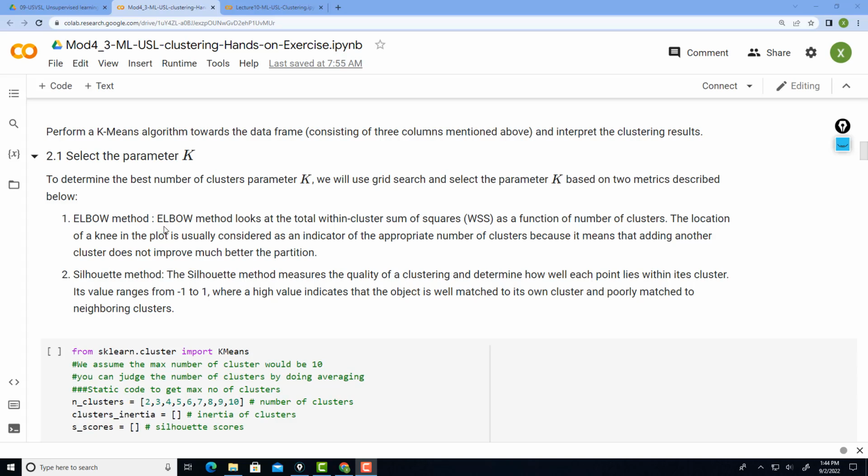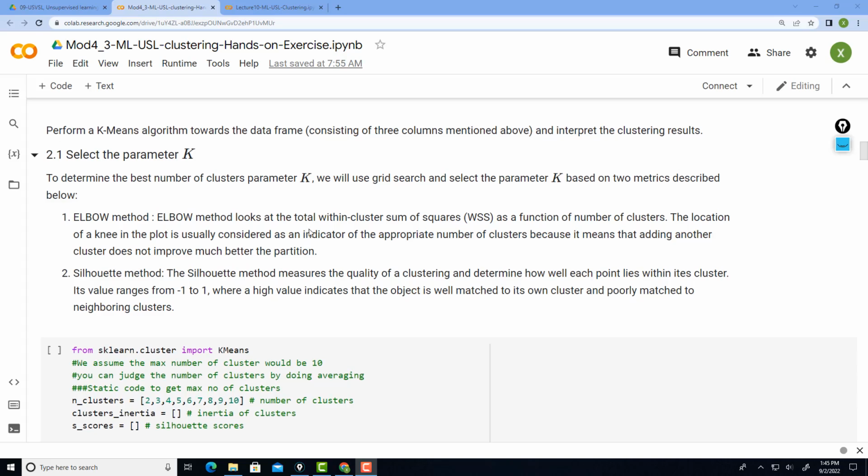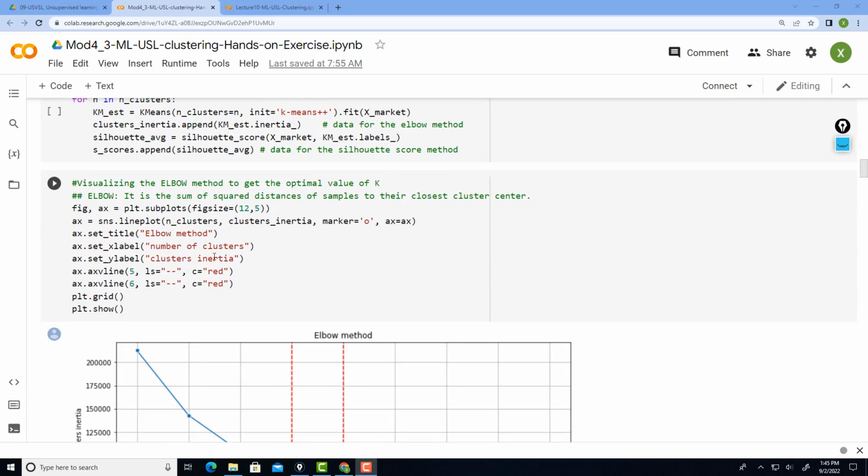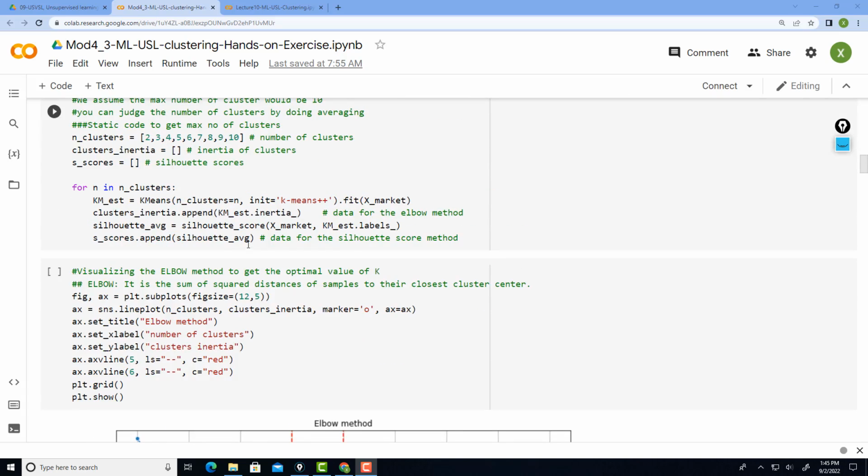Then the elbow decision rule is to identify the joint, the knee or the elbow joint in the plot, which means that beyond that specific k, the within-cluster sum of squares or within-cluster distance is going to decrease very little. After that point, you're going to say that you don't want to increase the number of clusters anymore.